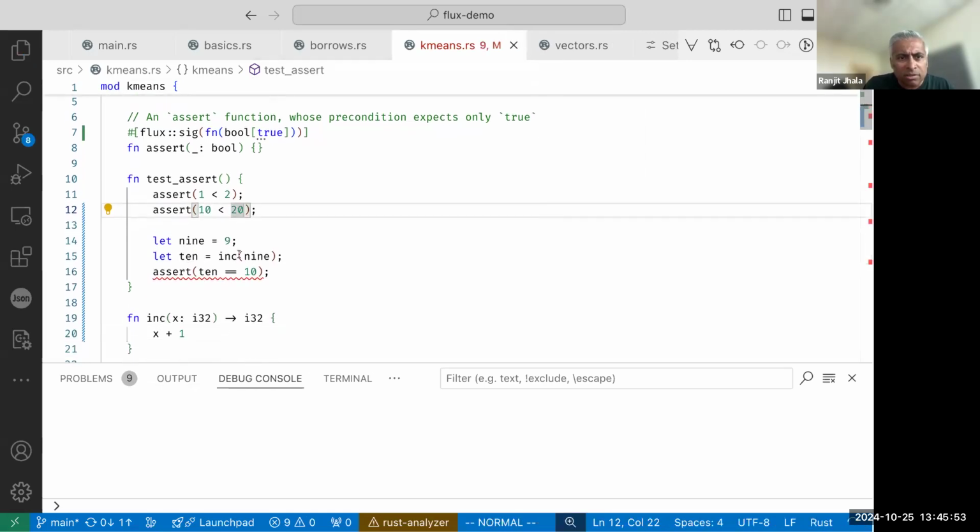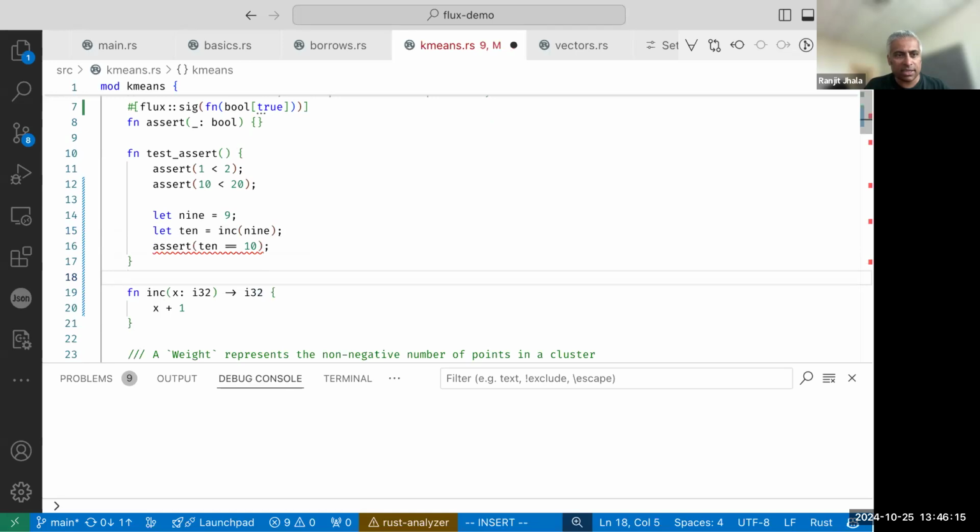So I've defined a function called inc. Inc takes an I32, returns an I32, and it's entirely modular. So the only thing that the type checker knows about inc is its type signature. It takes an I32, it returns an I32, which is a 32-bit integer, right? And so I don't know that this 10, which you and I can see, well, this is 9, so 10 should be 10, right? And so here what I want to do is to write a little signature that says something like,